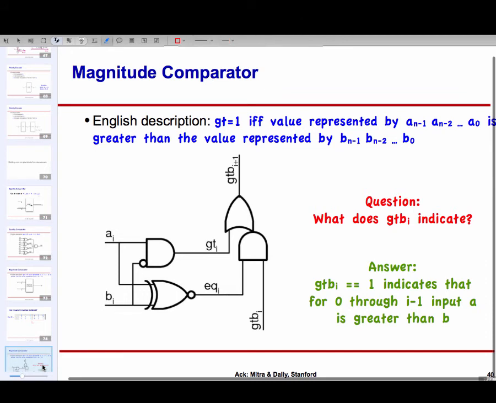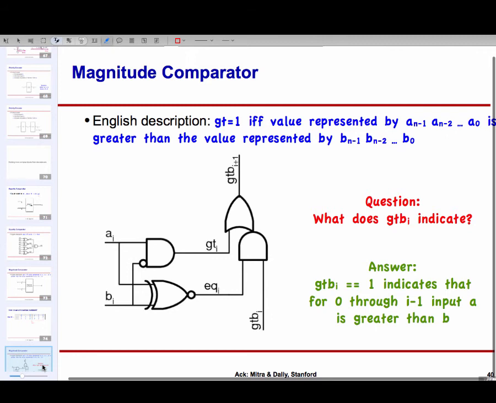It can happen because right in this bit, AI is greater than BI. Because if AI is 1 and BI is 0, then none of the lower bits matter. Is that obvious? If I'm looking at the current bit position and A is greater than B, then the lower bits do not matter.